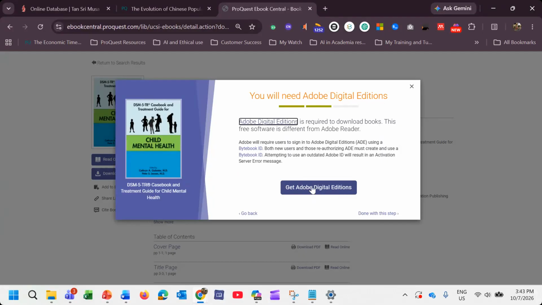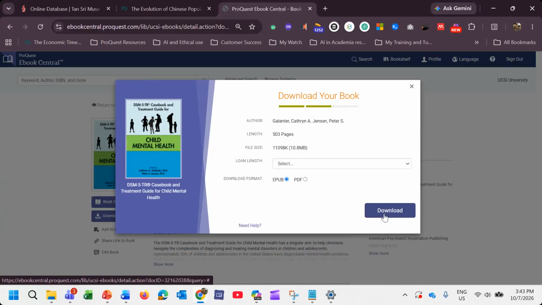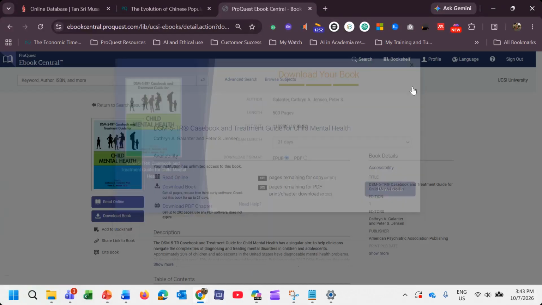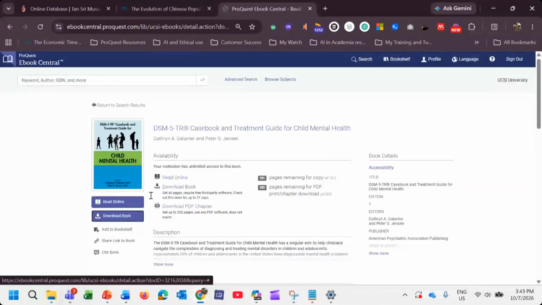Just follow the steps and download the software, the Adobe Digital Editions reader. Once you're done with the steps, you say, I want to keep this for 21 days and I want to download it. Once downloaded, if you double click, it will be populated into your reader. Then you should be able to read the full books, because you have the allowances.